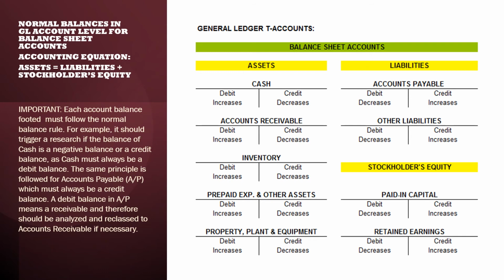Important note here, each account balance footed must follow the normal balance rule. When I use the word footed, it's because in our general ledger, the T accounts are footed. We call it footing. You take the difference between the debit and the credit. For example, if it's cash, the normal balance is a debit. So when you add the debits and the credits, the debit should be higher than your credit, and you're going to add the net balance of the account under the